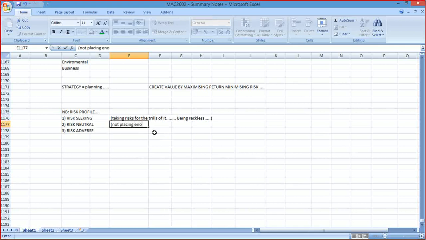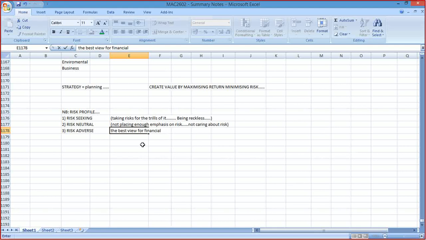placing enough emphasis on risk, meaning not caring enough about it. You should care about risk because we know risk is something that we need to manage. So if we're neutral, we don't really place that much emphasis on it. Whether something's risky or not, we don't really bother. It doesn't matter. It should matter. Okay, risk averse, this is the best view for financial management or investment management or anything in